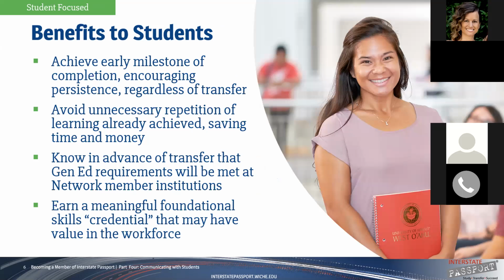So at this point, we want to focus really on how the Interstate Passport benefits students, particularly with the advising focus of what we do. As many institutions have transitioned into the Guided Pathways networks and things like that, if you can give a student a milestone of achievement early on, then you're essentially giving them the empowerment of doing a much better job later on. And one of the things that is the benefit to students is that this is a box, essentially, that is a general education